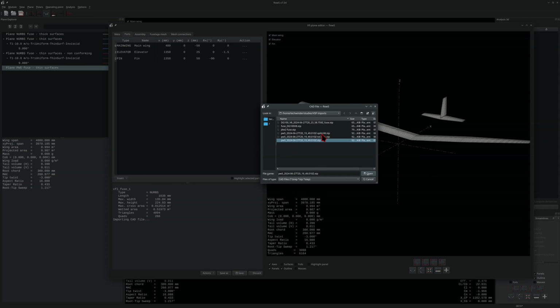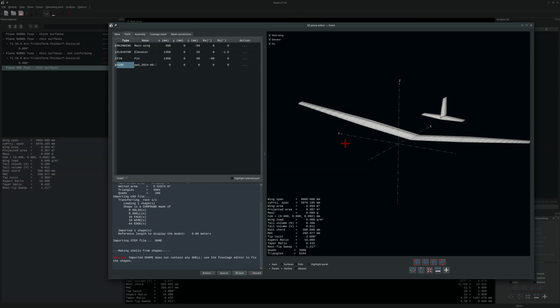I tried several options when exporting from VSP. It didn't make a lot of difference in the end, unfortunately, so I'll use the default one. It's been imported because it's listed here, but nothing shows up in the 3D view. Why is that? Well, we do have a warning here, which tells us that